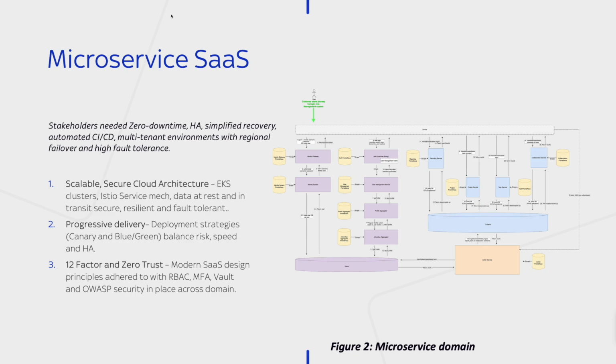Finally, the architecture aligns with 12-factor app and zero trust principles. Services are decoupled, stateless, and independently deployable for the most part. Security is enforced through RBAC, MFA, Vault for secret management, and OWASP compliance across APIs, ensuring strong governance and protection